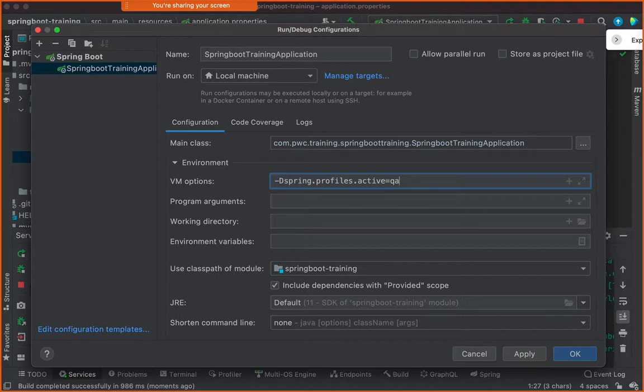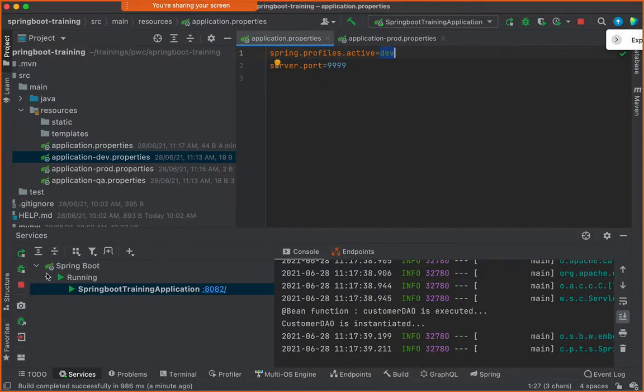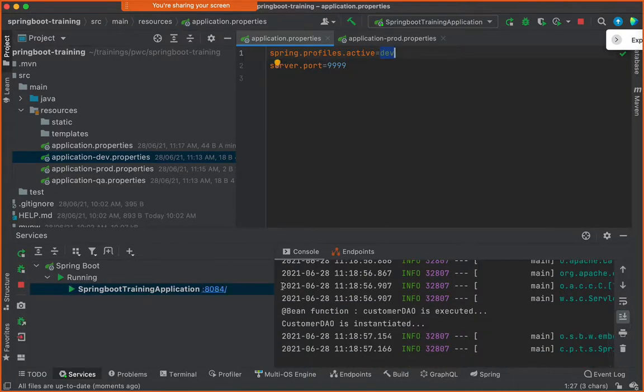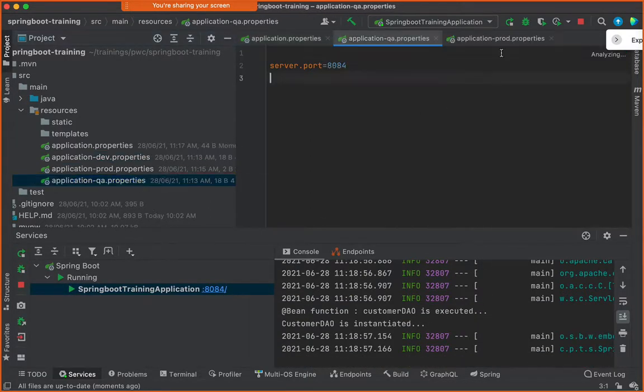Now I keep on deploying. It is the same script that will be used in order to run the application on respective servers. So you see this, when I say apply, and when I say OK, now whenever I run this, though I have given dev, it's going to pick up that -D, right? And it will not be dev but QA, and you can see in QA it is 84.